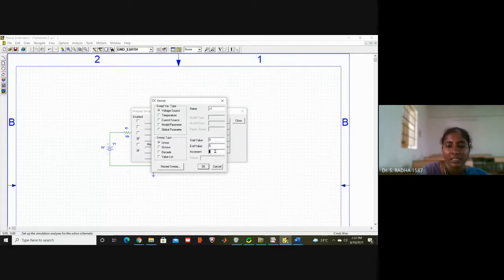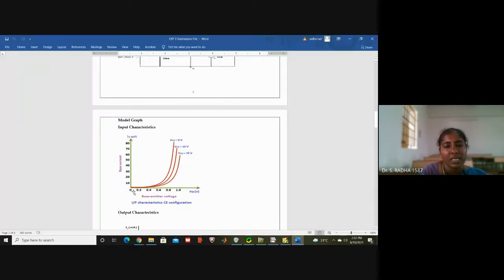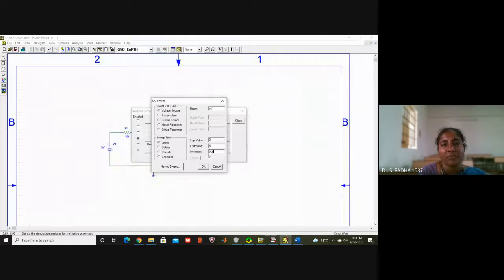We will take step 0.2, because in the graph the x-axis shows 0.2, 0.4 like that. If you want 0.1, 0.2, that is also okay. 0.5, 1.0, 1.5, 2.0, 2.2, that is also okay. Whatever increment you give, it will show based on that.